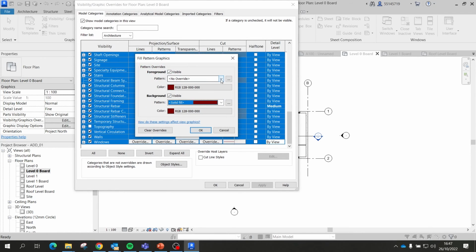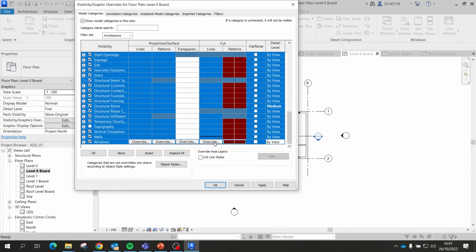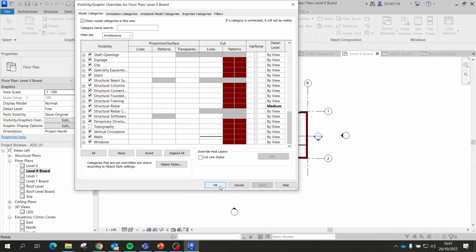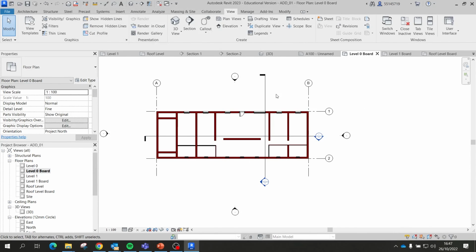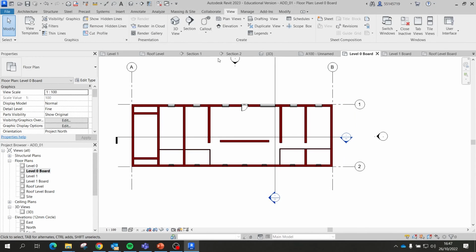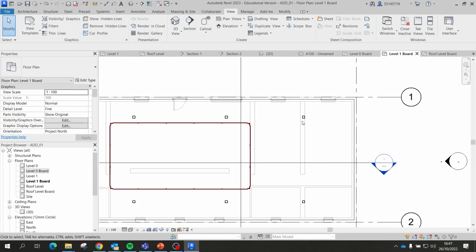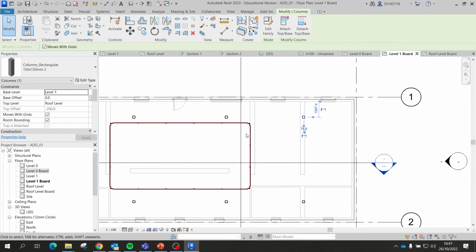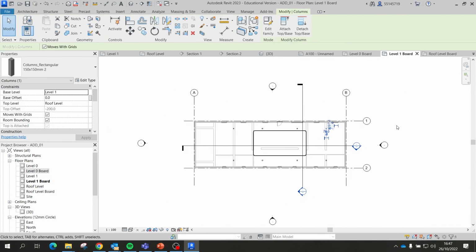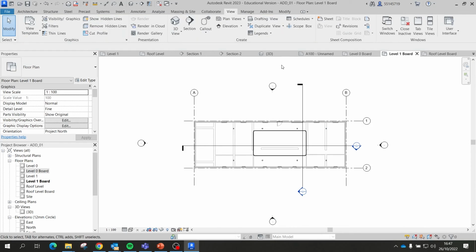Of course, it needs to be solid. Right. So now, in theory, if I move to level 1, why is the column not applied to that? That's weird. Anyway, whenever you're happy with the template that you set up for your drawing, it's time to